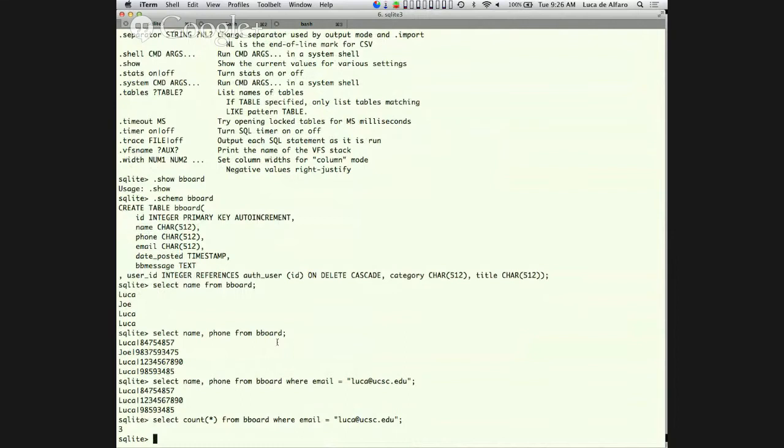Okay, and this tells you that there are 3 rows. Selecting a count is faster than actually retrieving the 3 rows, because it can be done directly from the index without having to read the rows. So as much as you can, you should try to get the minimal information from the database that you actually need. You shouldn't try to get too much. Okay.